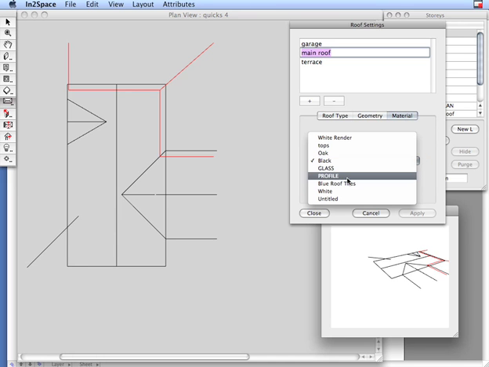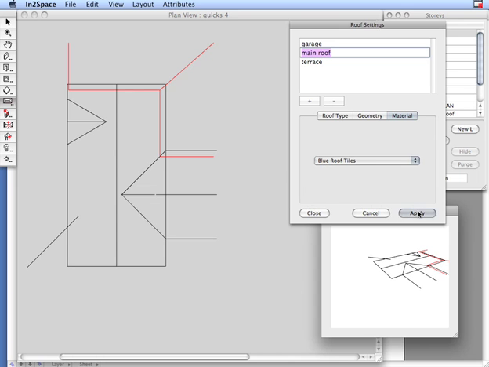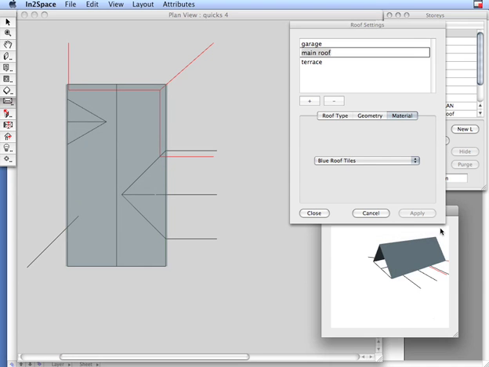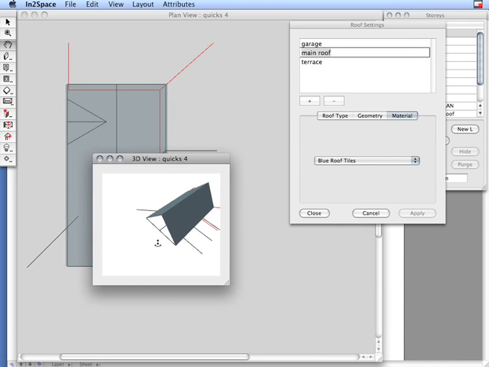I'm just going to change the material to make it give us a roof that is a little easier to see, and with the same clockwise methodology we find our first point and our second point. Now with roofs it's important to remember that the construction of your first line also sets your apex for that roof. So going south to north will create the apex here. Carry on, let's make our 4 points, and you see we have